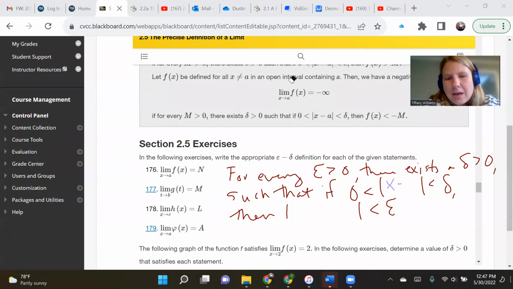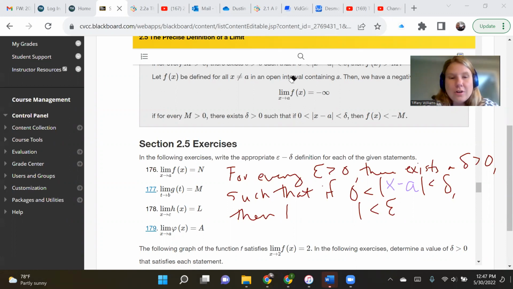X minus, now what are we approaching here? Lowercase a. And of course, this should be understood at this point, guys. There is a huge difference between lowercase letters in math and uppercase letters in math. It's not like English. All right, so delta, then the absolute value, this is where we use our function minus